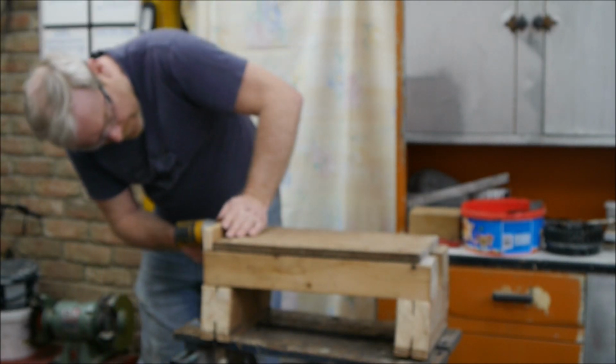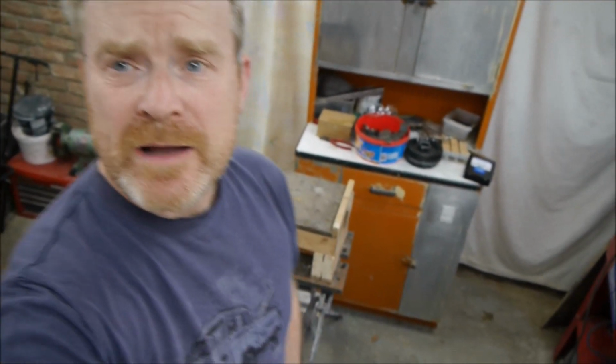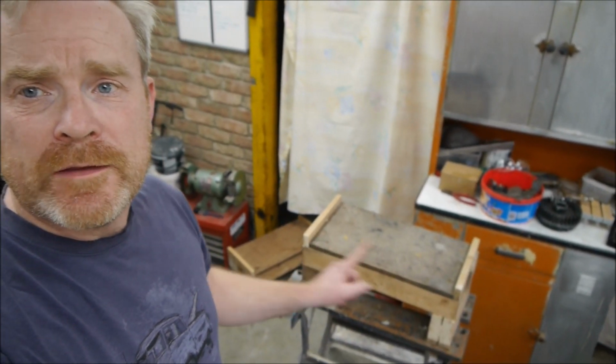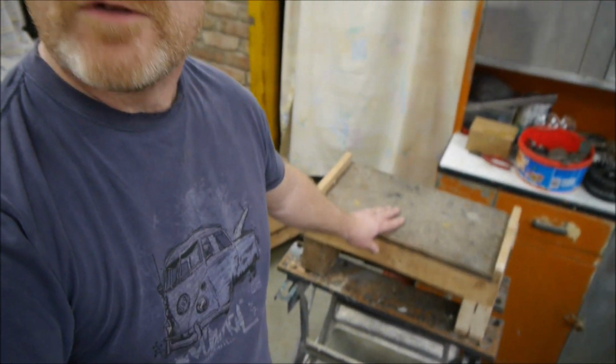That's nice. Okay, so there we go. I've made both the wheel stands now. There's one there, put the ends on them. So I'll put the ends on there and there so the wheels won't fall off. The other one's on the floor behind me. To be honest, they're both equally as shit as each other. I can't believe how rocky they are, but